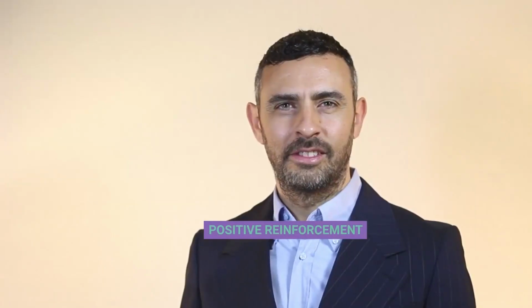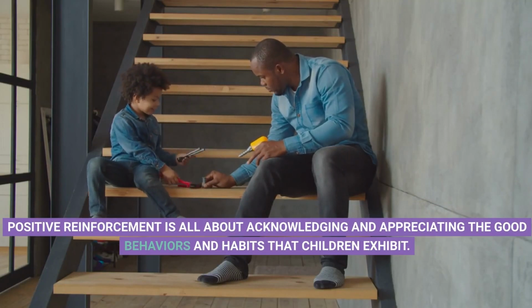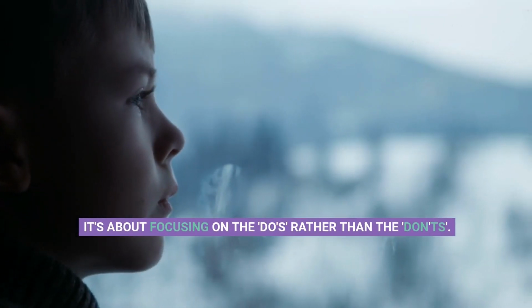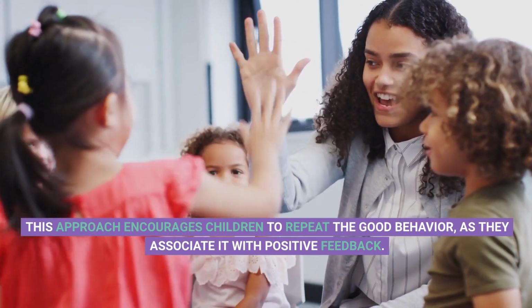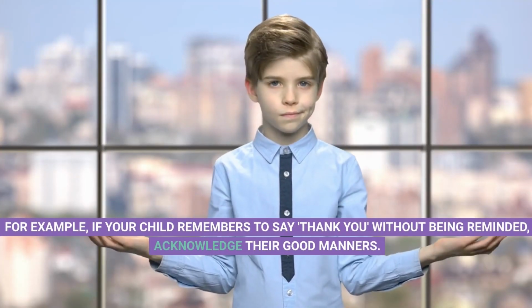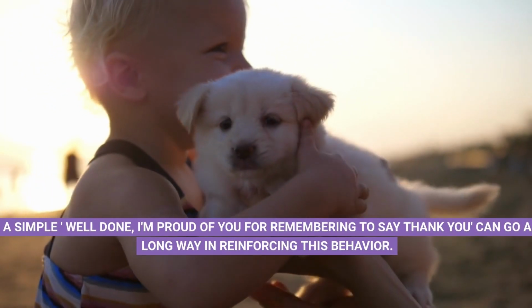4. Positive reinforcement. Positive reinforcement is all about acknowledging and appreciating the good behaviours and habits that children exhibit. It's about focusing on the do's rather than the don'ts. This approach encourages children to repeat their good behaviour as they associate it with positive feedback. For example, if your child remembers to say thank you without being reminded, acknowledge their good manners. A simple "well done, I'm proud of you for remembering to say thank you" can go a long way in